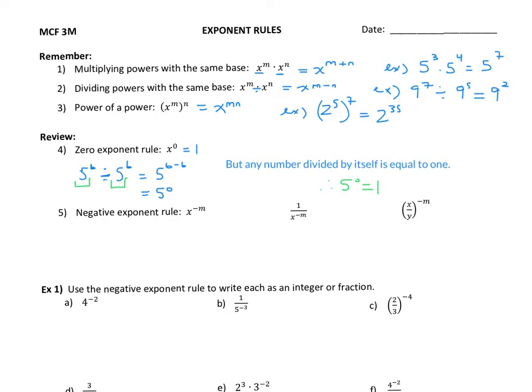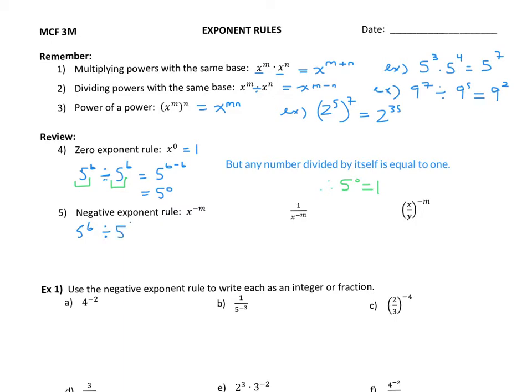All right, negative exponent rule. Again, this would have been new last year, and the 2Ps, you may or may not have gotten to this last year. I'm not entirely sure where you were at, but let's just talk about that for a moment. Again, let's do this through division. Let's say we had 5 to the exponent of 6 again, just because, and I divide that by 5 to the exponent of,